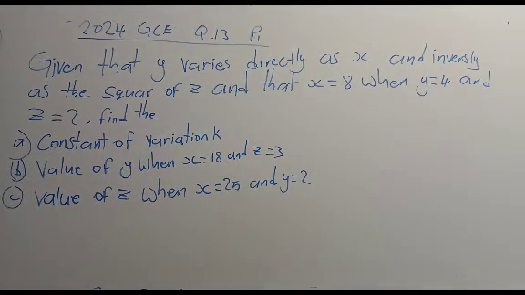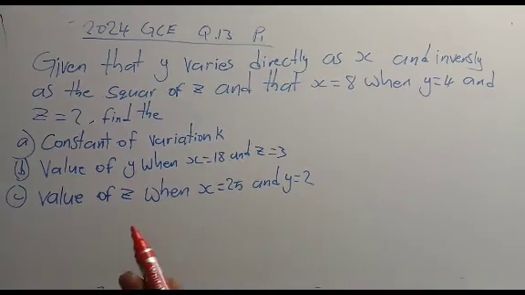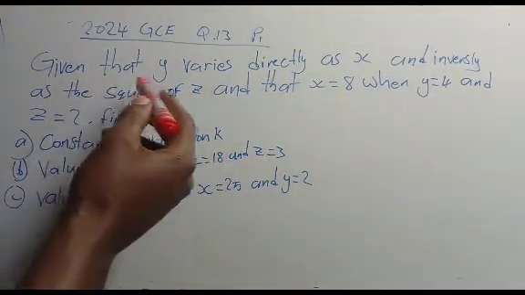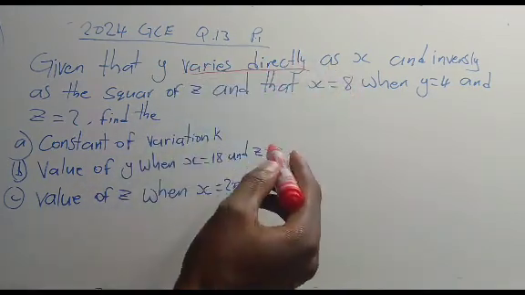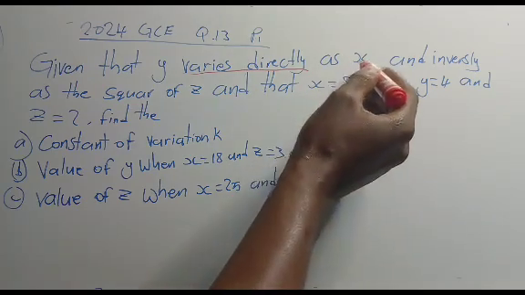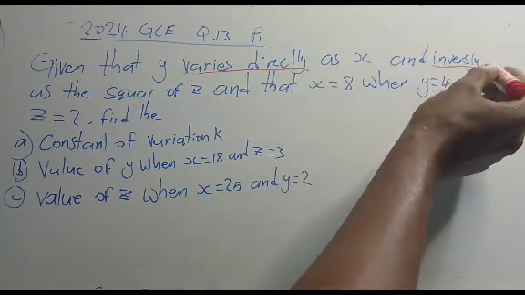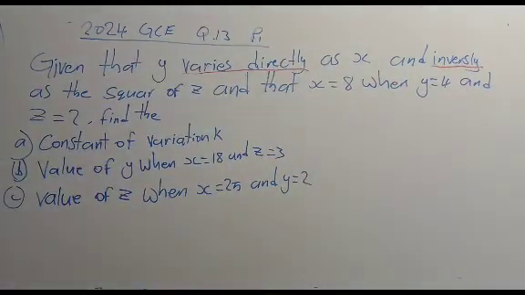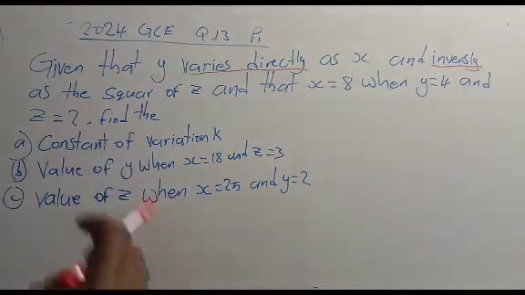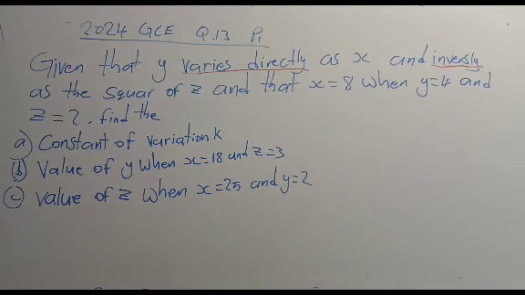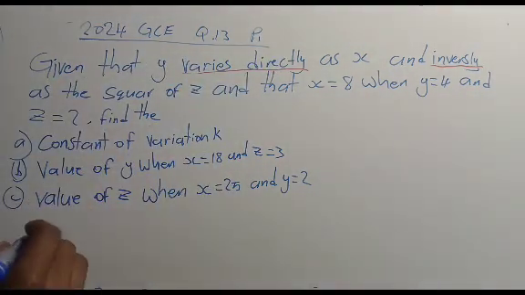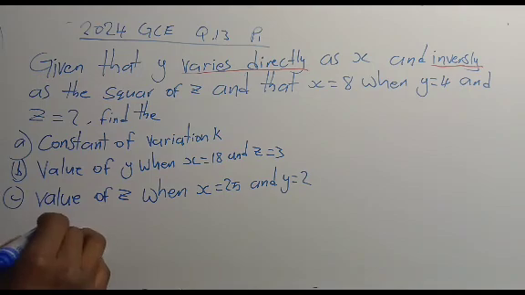Now there are key terms here that you're supposed to master that determine the formula that you are going to use. So we have, given that y varies directly as x, then we have inversely. These two terms are very important for you to be able to understand this question and answer it correctly. Now the formula, when they say varies directly, it will be, for example,